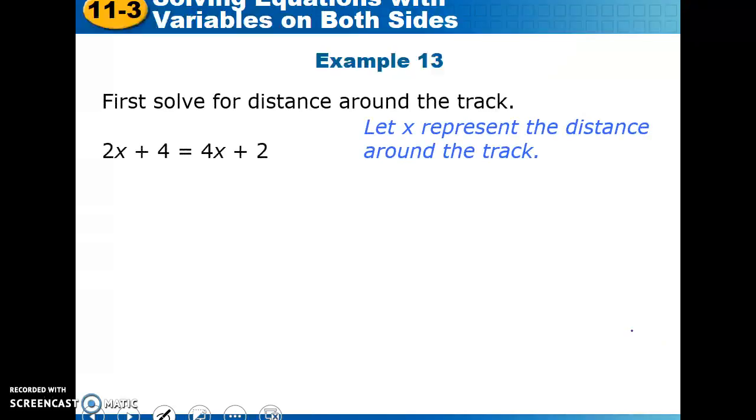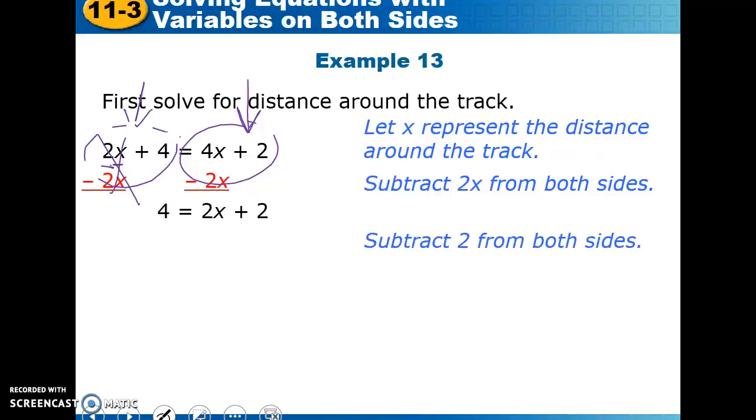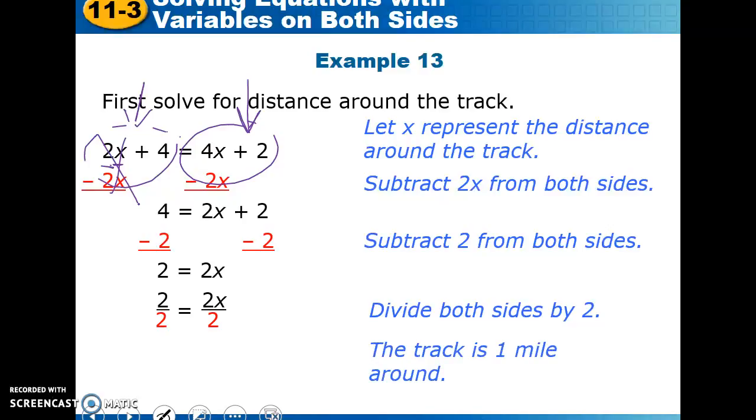Here's the equation we just wrote together. This is Tuesdays and Thursdays, and this is Monday, Wednesday, Friday. We have variable terms on each side of the equal sign, so we need to combine them on one side. Let's subtract 2x from each side, keeping it positive as much as we can. This goes away, and we're left with 4x plus 2 equals 4. Solving like normal, subtracting 2 from both sides leaves us with 2 equals 2x, and then dividing both sides by 2 leaves us with